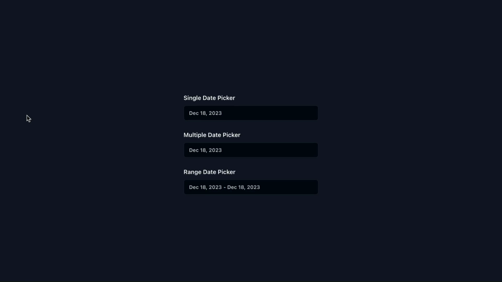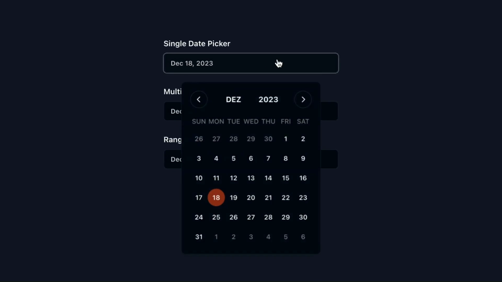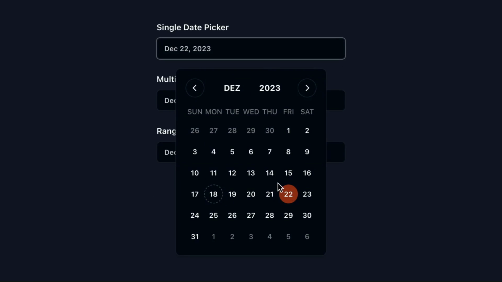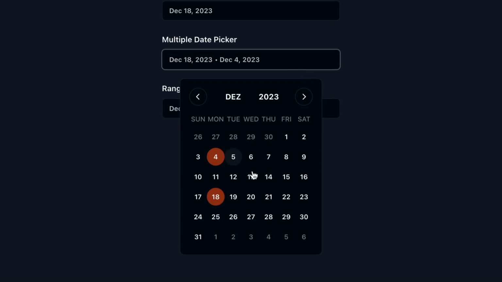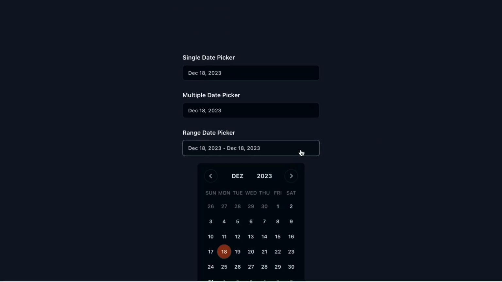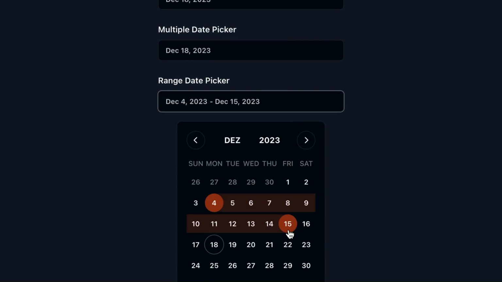So today we are going to build a DatePicker completely from scratch using only SolidJS and TailwindCSS. In our DatePicker component we'll have three different types. First, the single type, which allows you to choose only one date from the picker. We then have the multiple type, which allows you to select multiple dates within the same date picker. And finally, we will have the range type, which allows you to select a start and an end date on